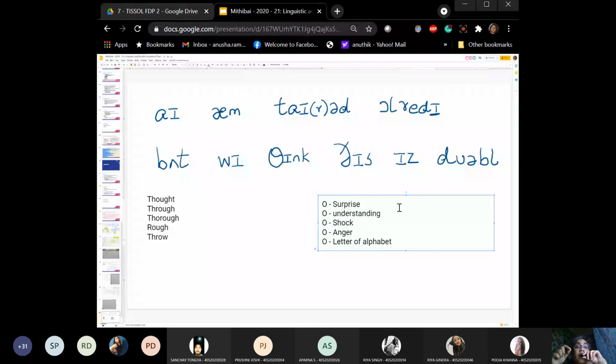And then you have anger that you may want to pronounce. But you realize how the pronunciation actually will change a little bit. It's not just the same word. It's not just the intonation or the pitch that changes, it's even the pronunciation that sometimes changes. But in writing, you may still write it just as "oh". But the way you pronounce it will be very different.